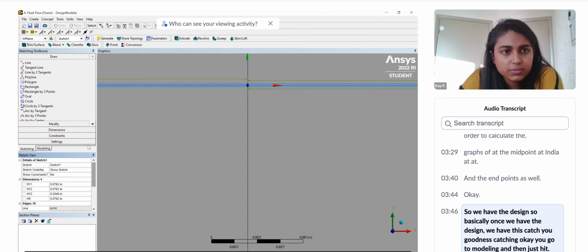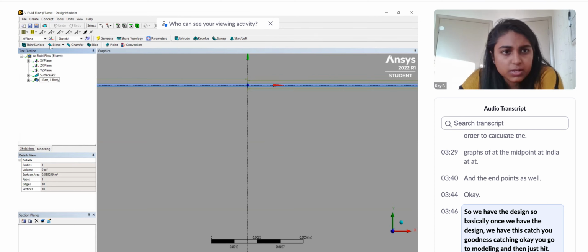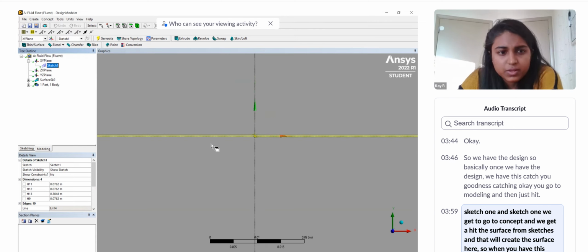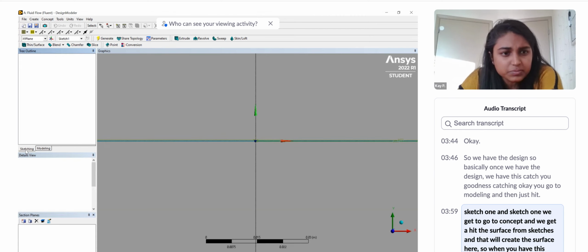Basically, once we have the design, we have the sketch, you go to modeling, and then just hit sketch one. And on sketch one, we're gonna go to concept, and we're gonna hit the surface from sketches, and that will create the surface here. So when you have this design in the design modeler, we're also gonna make sure that the surface sketch